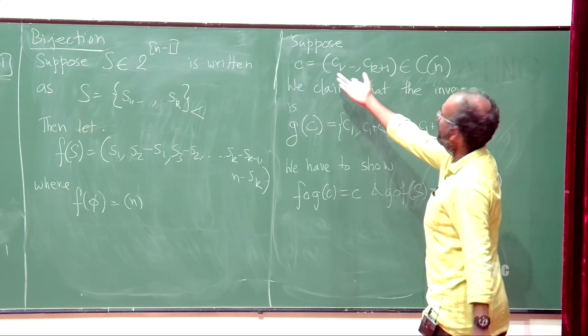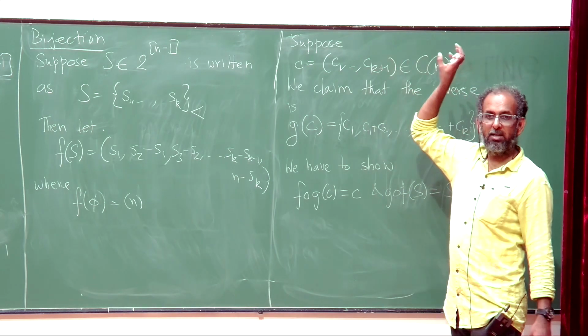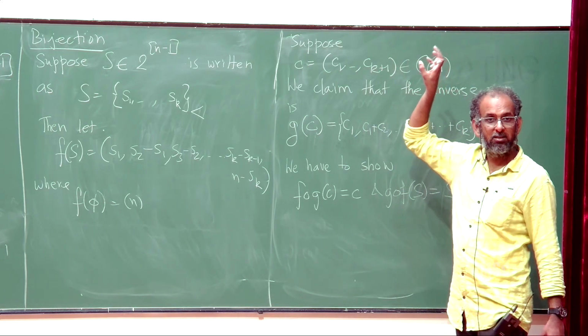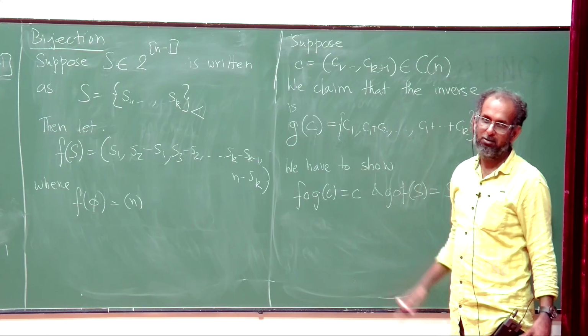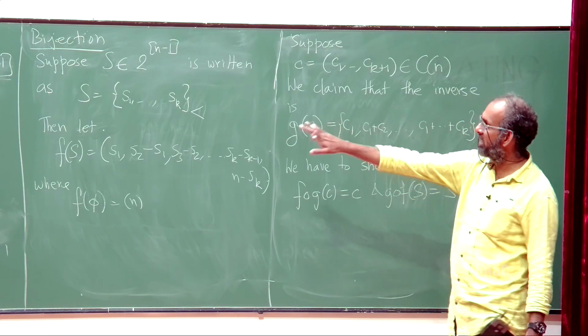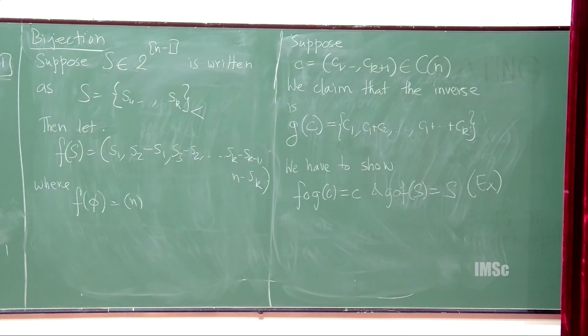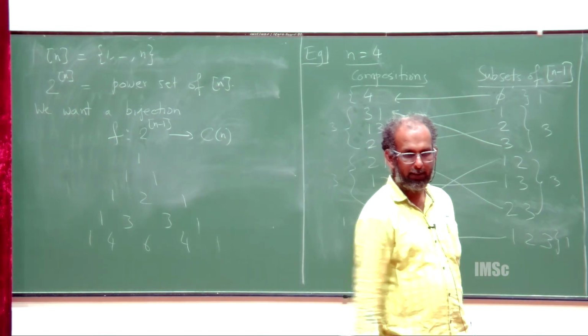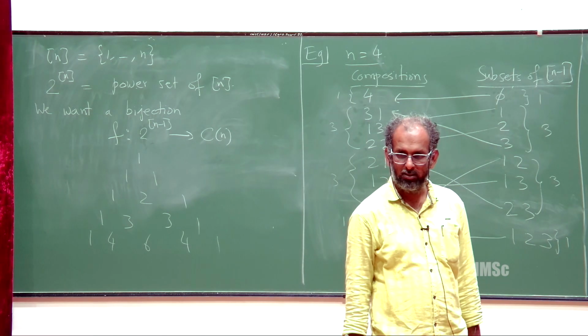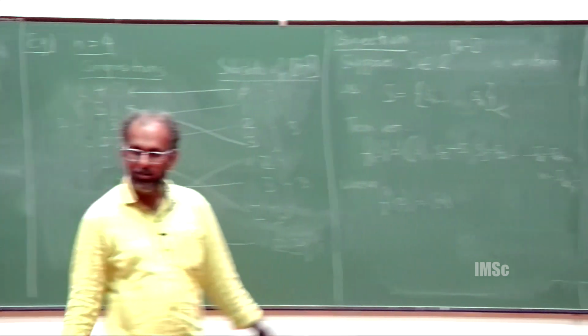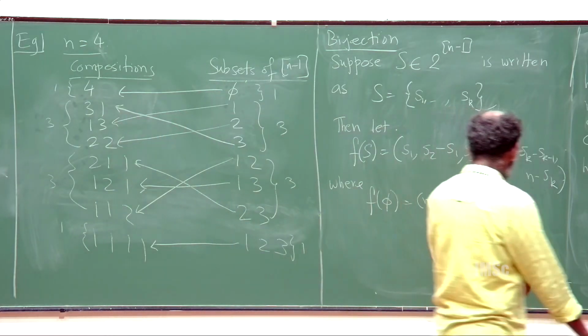The sum of everything is n, and we have removed something which is a positive integer. So this has to be less than n. So this does belong over here, 2 to the n minus 1. So that sanity check we have tested, and then you have to just verify this short calculation, and then we are done. So as a corollary,